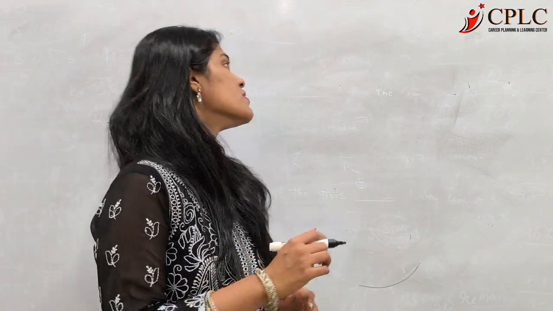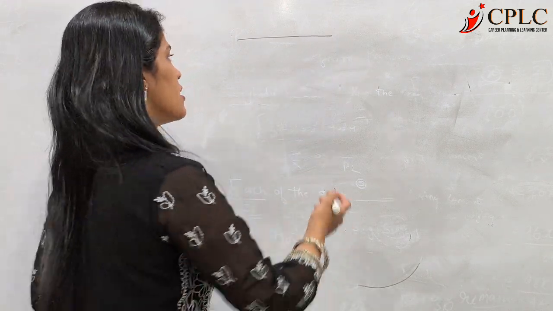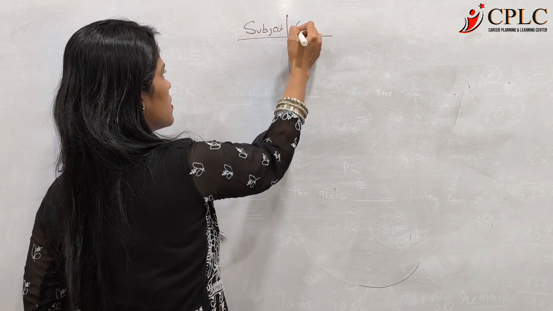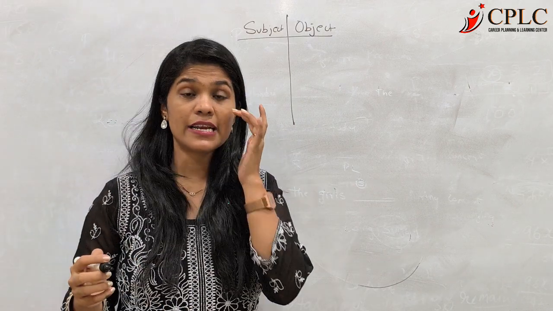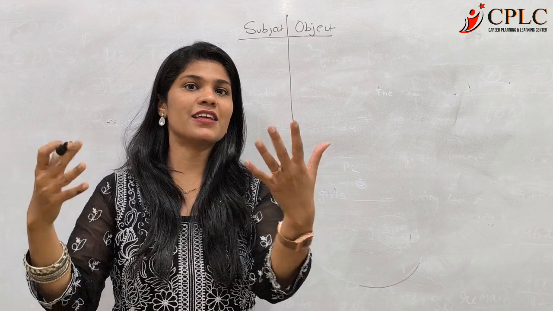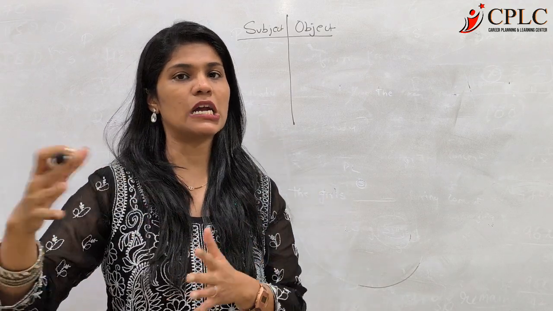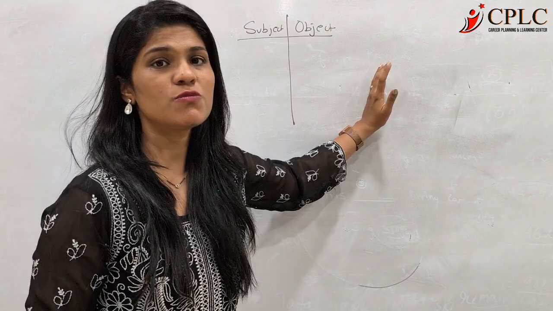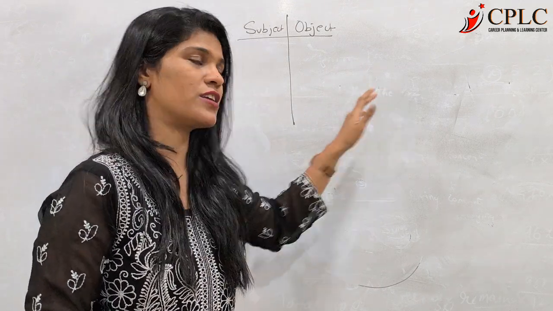Alright. Now, you know that personal pronouns are I, me, he, she, it. But now, for every sentence, there's a subject and an object. The teacher is conducting the lecture. Teacher becomes a subject and the lecture which is being conducted becomes the object. Similarly, some pronouns can be used as subject, some can be used as object.